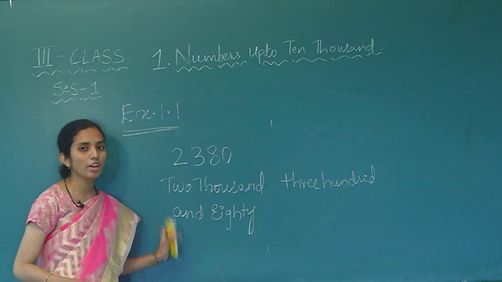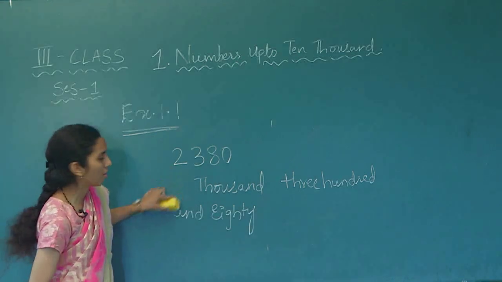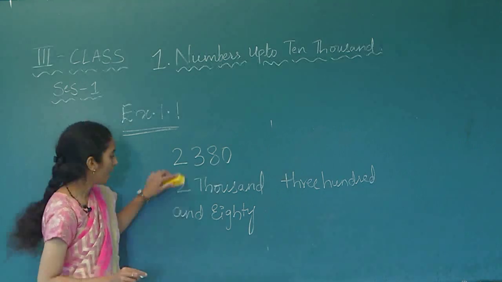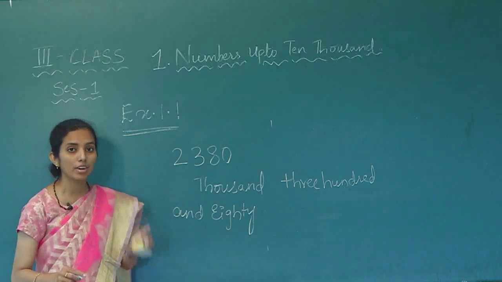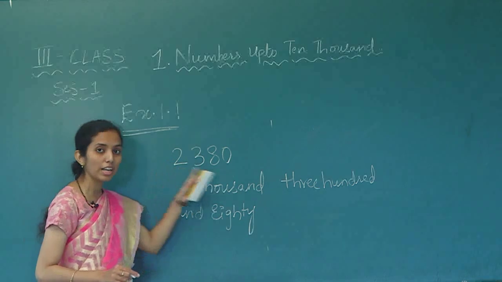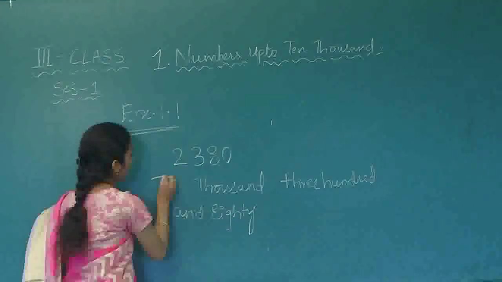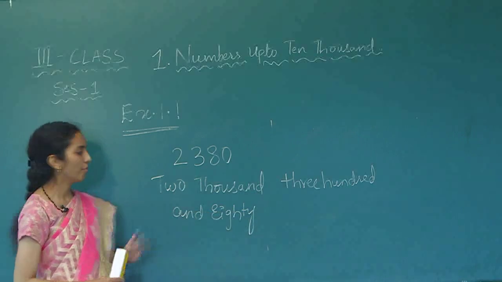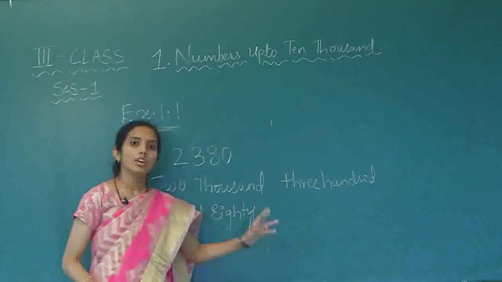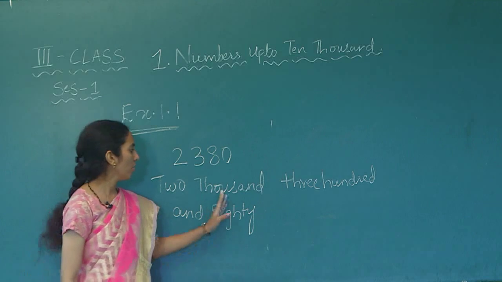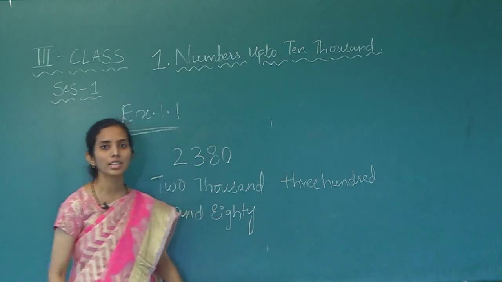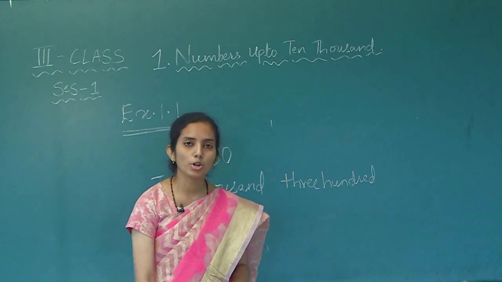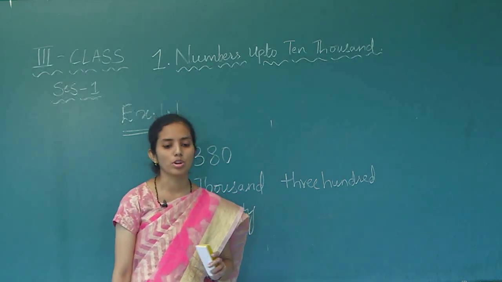80. In this manner you have to write. If you write the digit 2 instead of the word TWO, then it is wrong. Why? He is asking us to write in words. That means we have to write the spelling of this number. In this way you have to write. If you use any digit, you will lose marks. So this is the correct form of writing the number names. In this manner, I want you to do the other examples also.